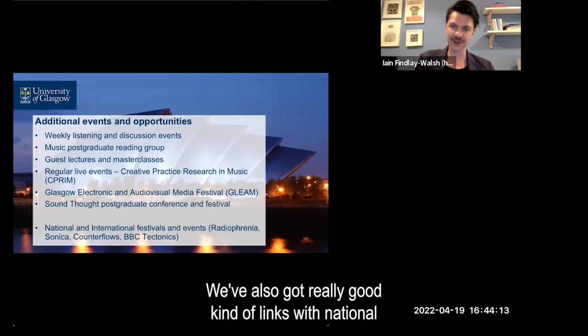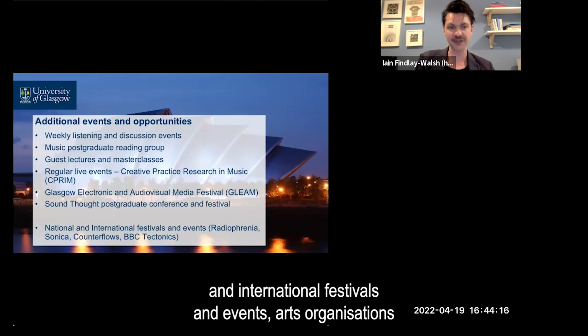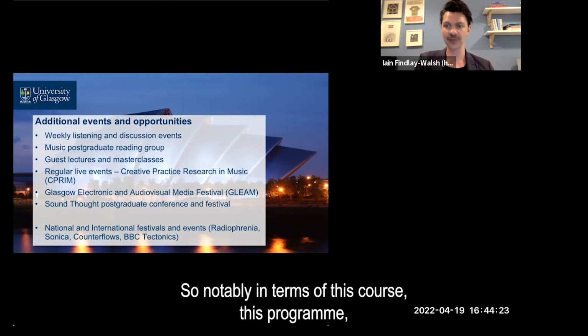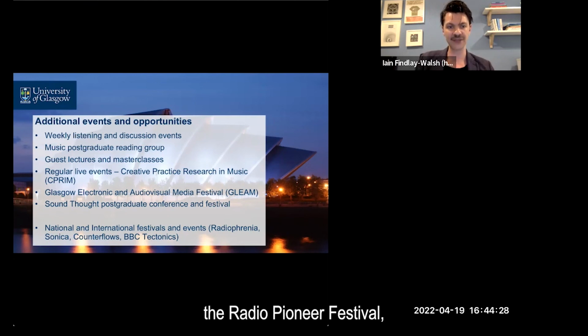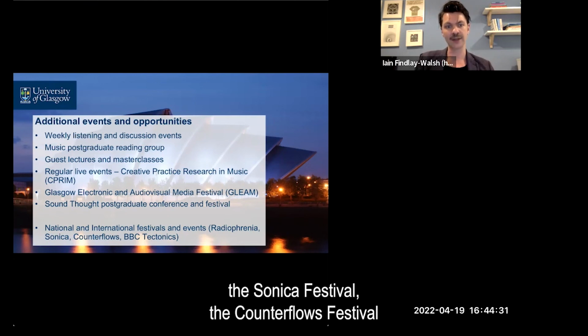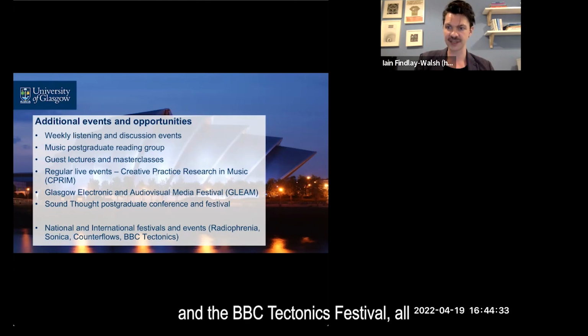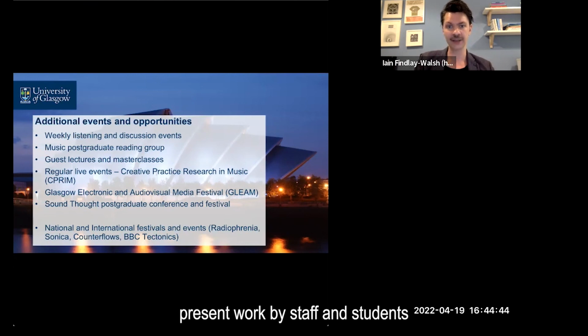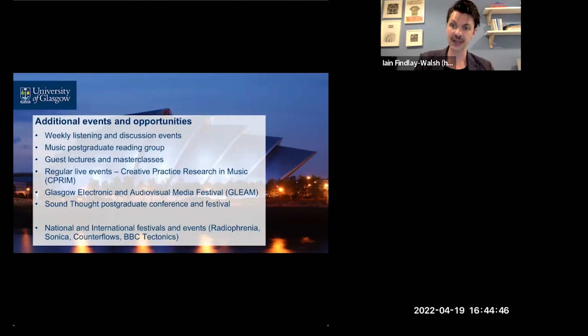We've also got really good links with national and international festivals and events, and arts organisations within the city. So notably, in terms of this programme, there's the Radiophrenia Festival, the Sonica Festival, the Counterflows Festival, and the BBC Tectonics Festival, all of which run annually, and all of which present work by staff and students on this programme.